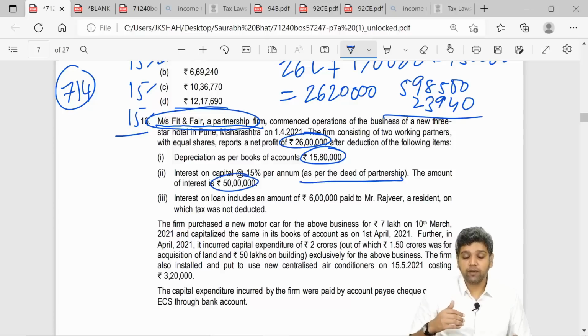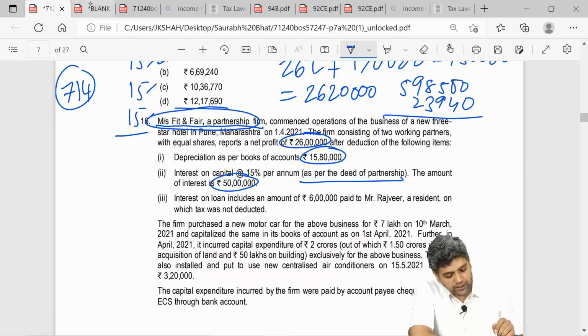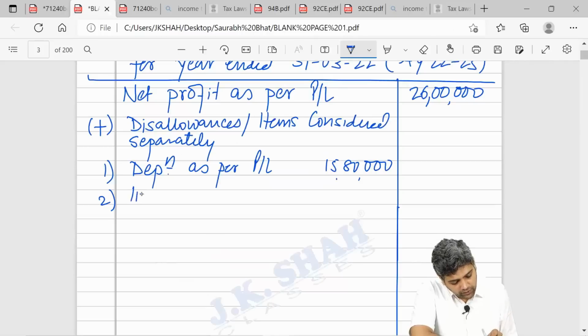However, the interest paid at 15% amounting to 50 lakhs. We know maximum interest that is allowed is 12%. So if 50 lakhs stands for 15%, how much is 3%? Because 12 would be allowed, excess 3 would be disallowed. So that comes to 10 lakhs. So interest under section 40 clause B